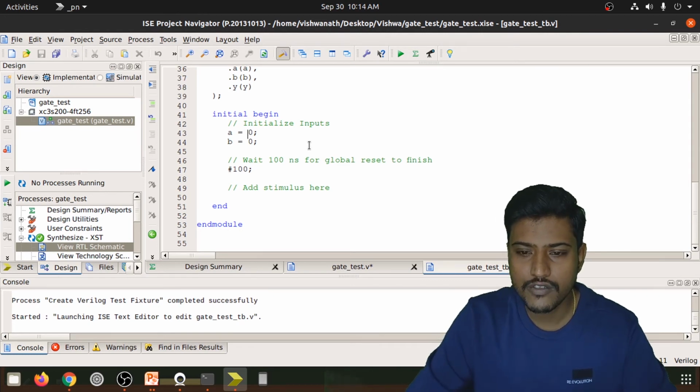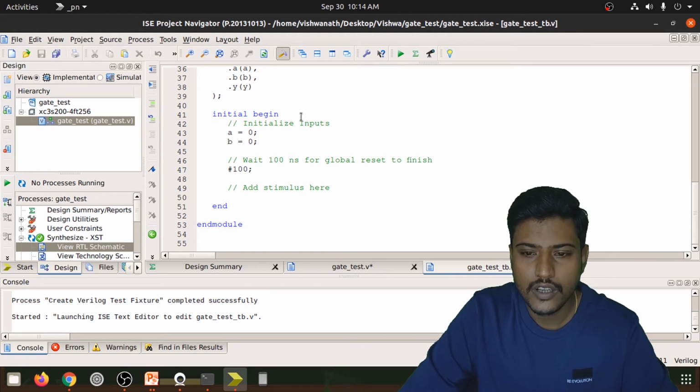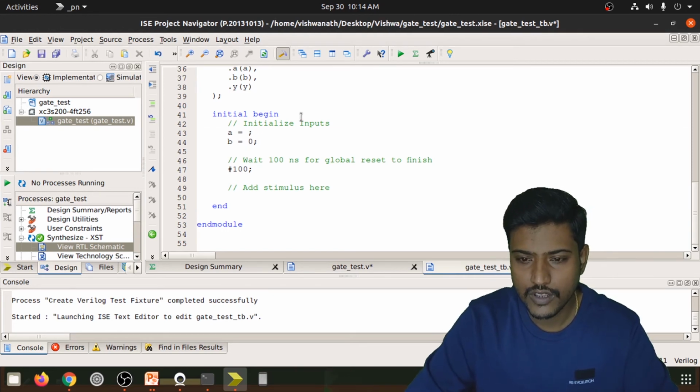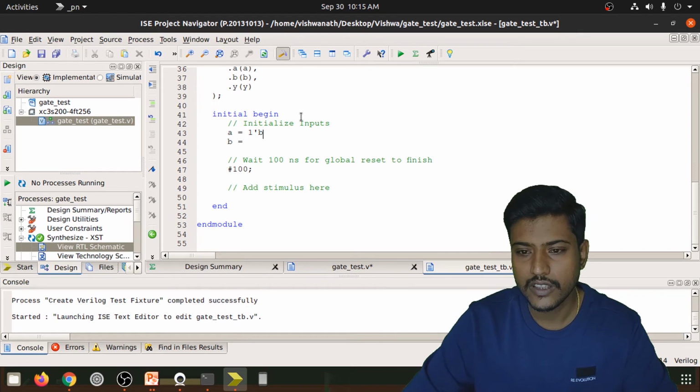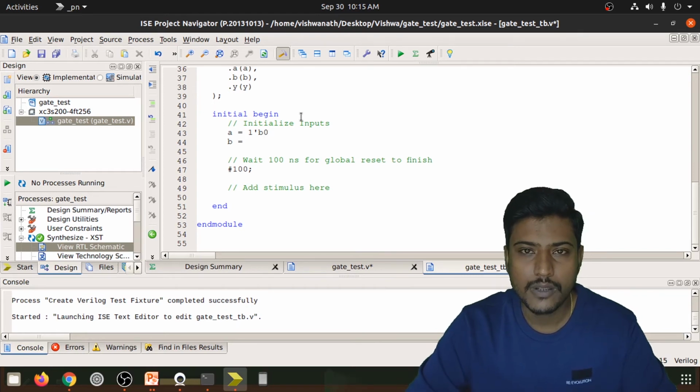Xilinx usually gives something like 0 0 0 1. Please don't give it as 0 0 itself, please give it in terms of how many bits it has. How to write? I am using only one single bit, so one tick, and the format I am going to use is binary format. So I will use B and then the value for that binary number.